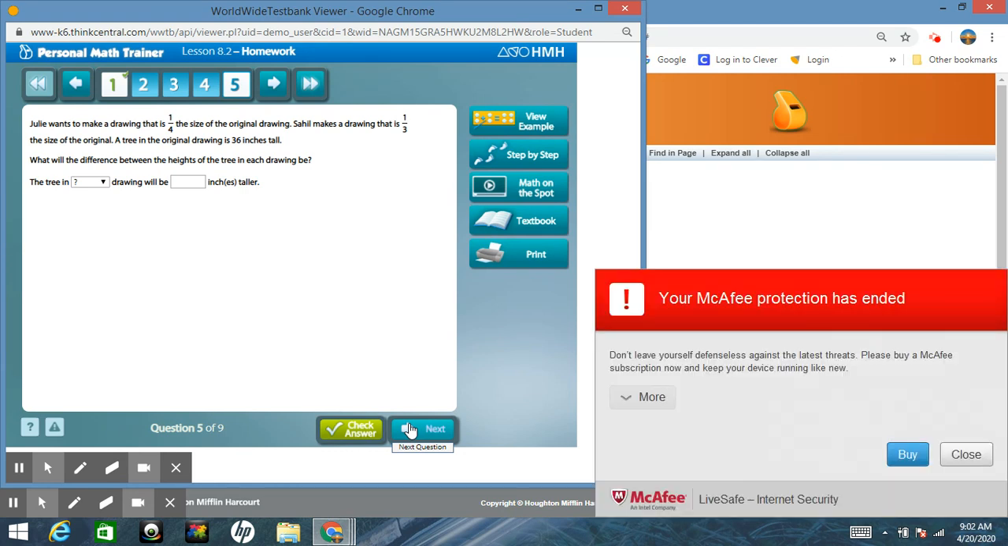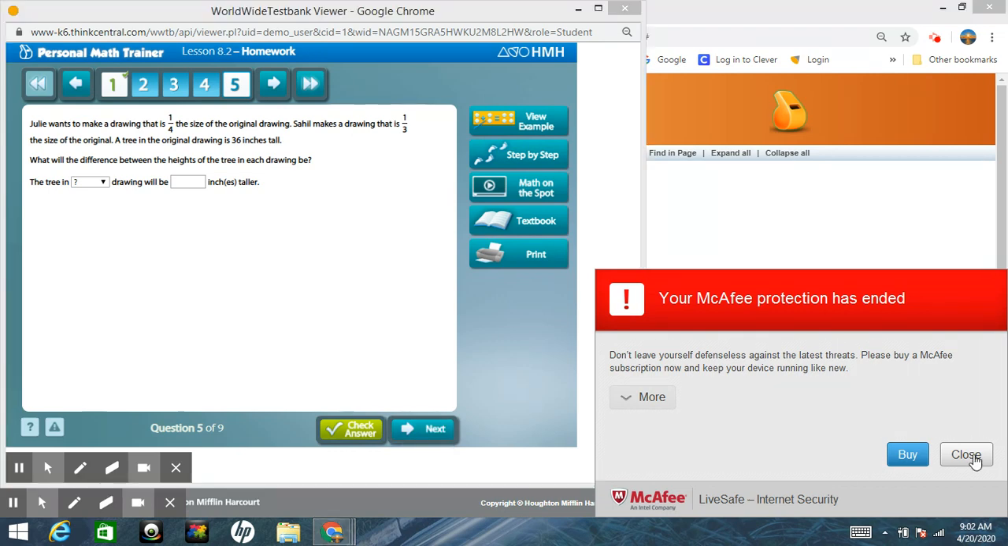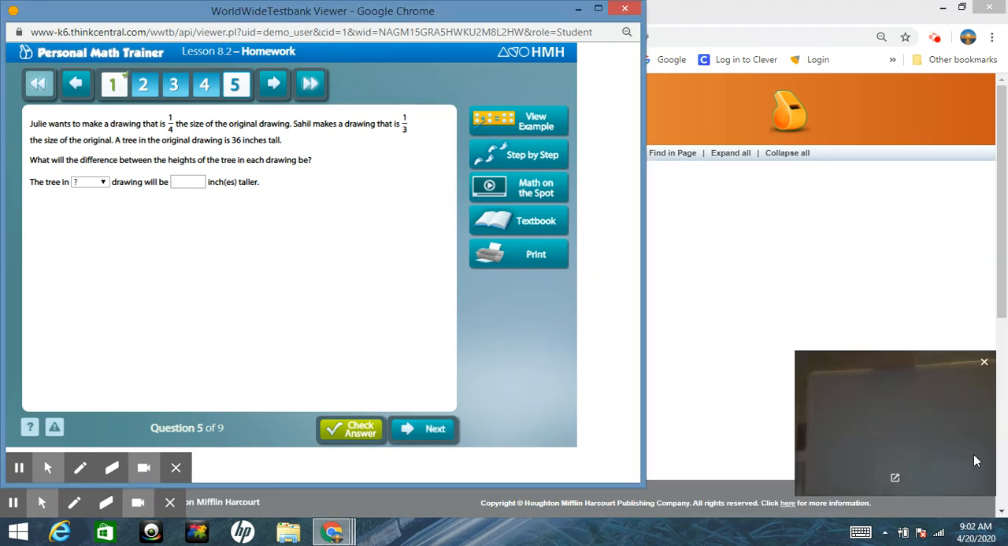Sahil makes a drawing, sorry about that, that is 1/3 the size of the original. A tree in the original drawing is 36 inches tall. What will the difference be between the heights of the tree in each drawing? So this is going to be multi-step. Let's look at the first operation I'm doing. 1/4 of the original size. So I'm going to take Julie,